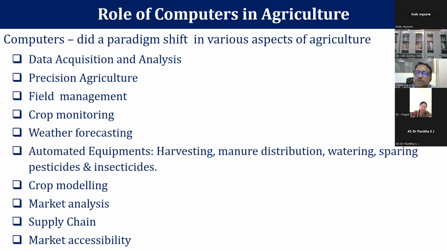Automated in the sense that it is going to be self-driven equipment. So suppose I want to harvest something. In the US, I have seen in the literature, in the 90s itself, they started doing some tomato harvesters. They are growing tomatoes in hectares, so they were fixing some equipment into a vehicle, just like the tractors that we are using. Similar to that, they have designed the vehicle and fixed that system into it, and it keeps on moving in the farm.